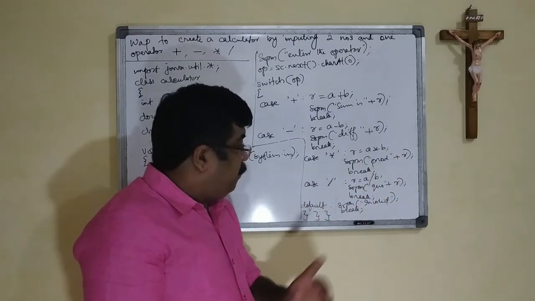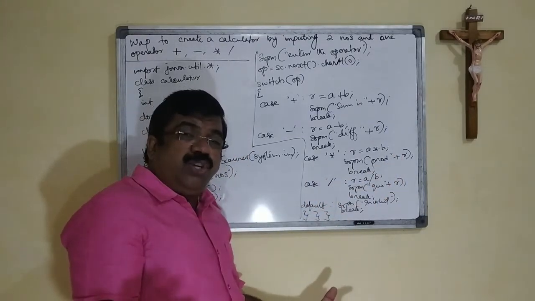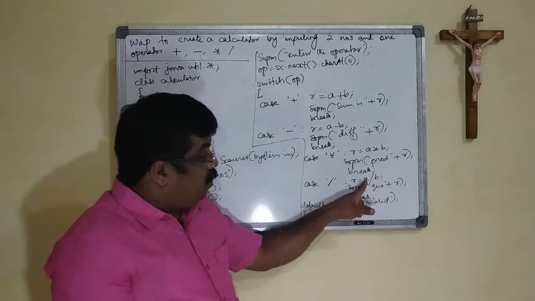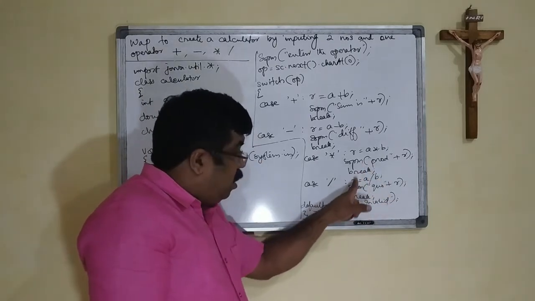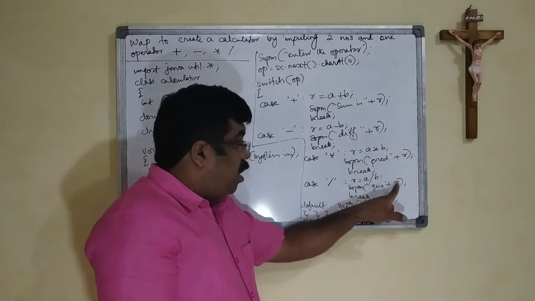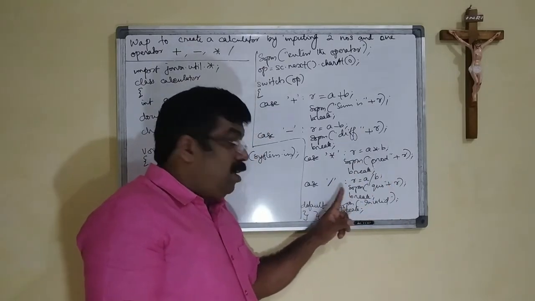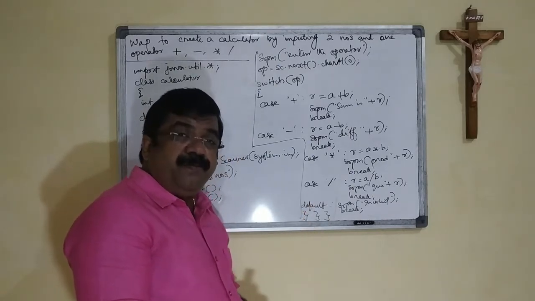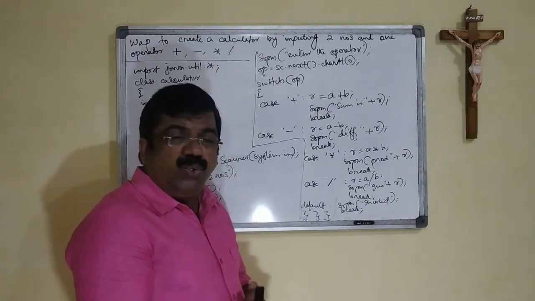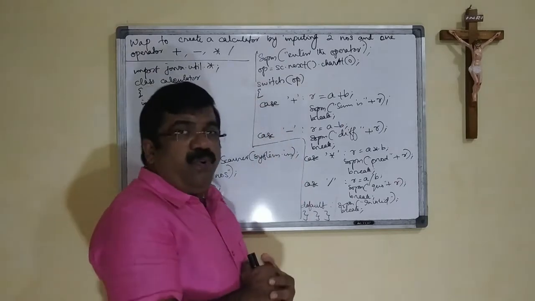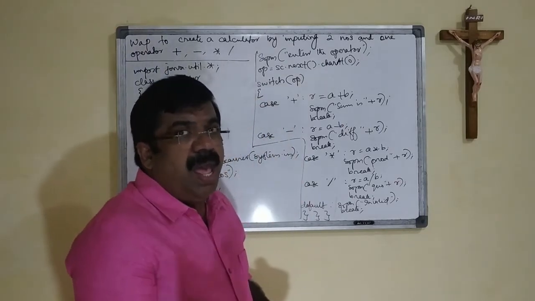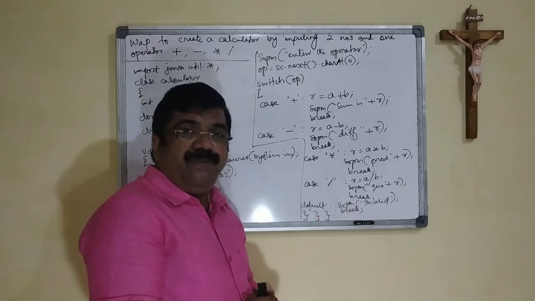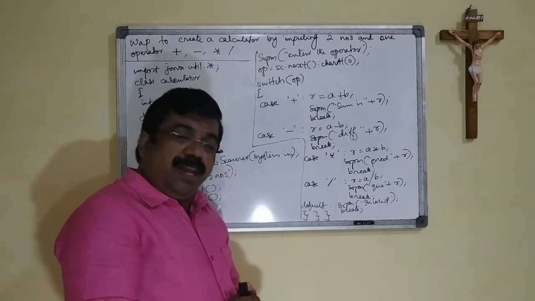Hope you are understanding. Then the last operator which is given is the slash symbol. When the slash symbol comes, first number is divided by the second number. The result is stored in there, and that is also printed. Break, which is used to come out of the switch, and then default is given. There can be any input by the user other than these four operators. So we have to produce an appropriate message. So we gave invalid and then we gave the break. I think it is clear.